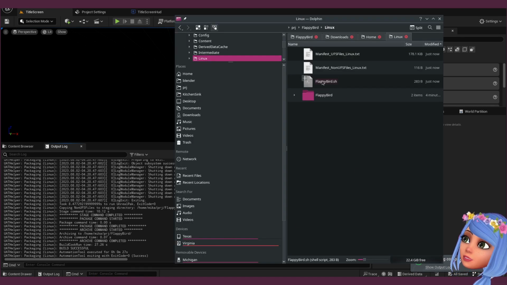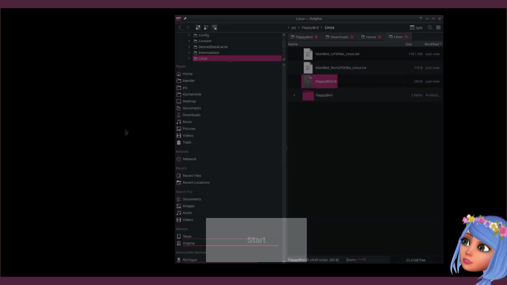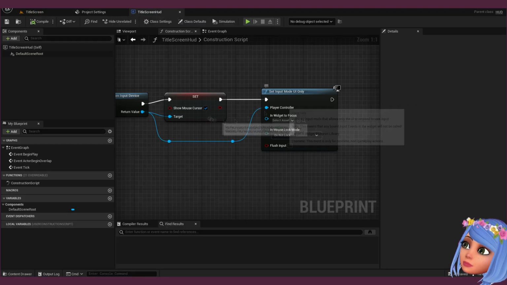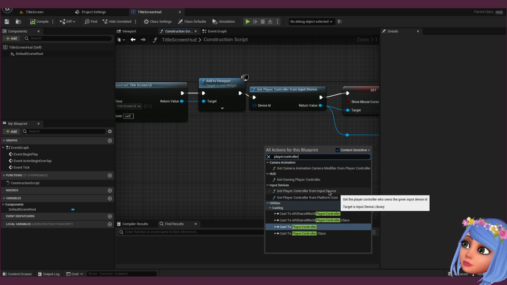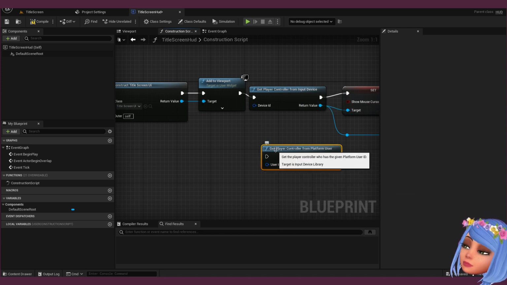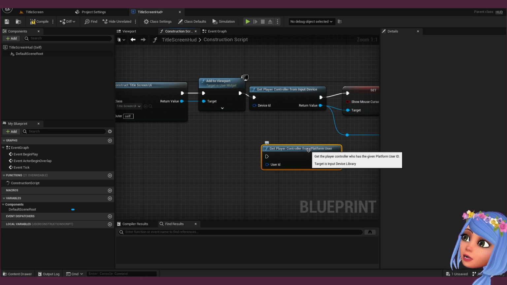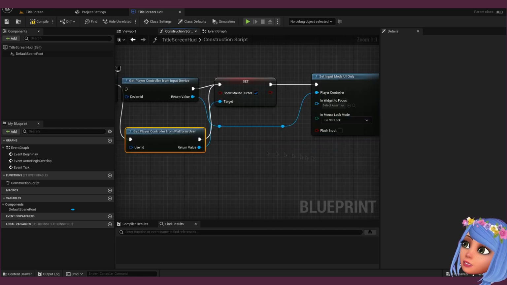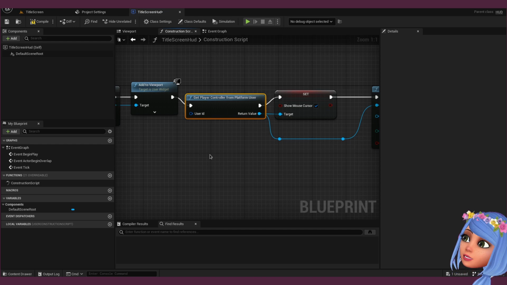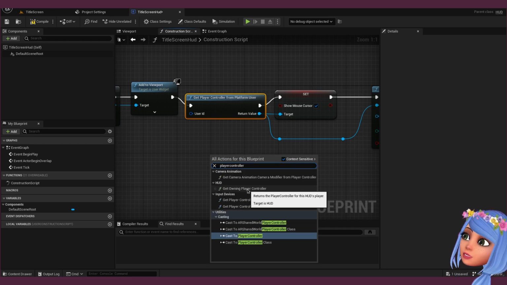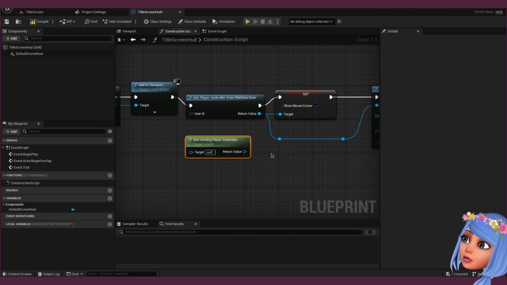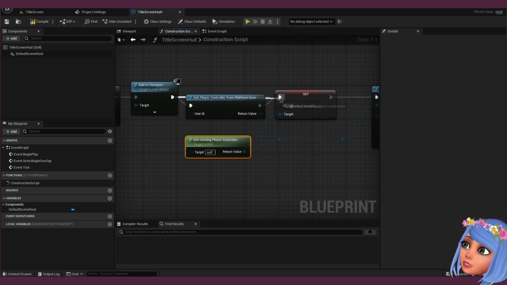Okay, let's try again. There is no mouse. From input device, get player controller from platform user. I think it should be from owning player controller, but for some reason it doesn't work.